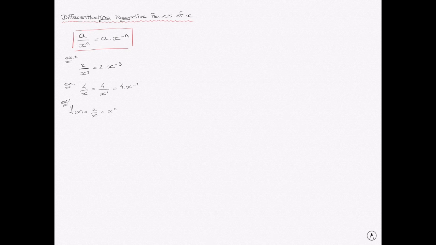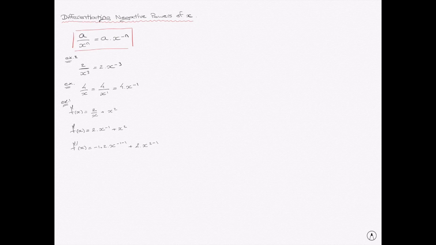Well, the first thing we do is rewrite this function without any x's on the denominators. So using what we just learned, we can see that 2 over x can be written as 2 times x to the power of negative 1 plus x squared. Now we can use our method for differentiating powers of x to differentiate this function. And we can go ahead and say that f dash of x, the derivative, will equal negative 1 times 2 times x to the power of negative 1 minus 1 plus 2 times x to the power of 2